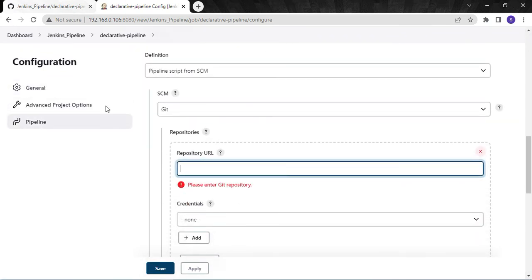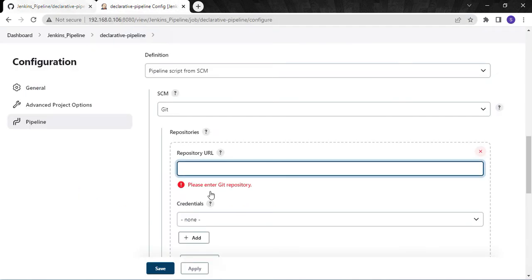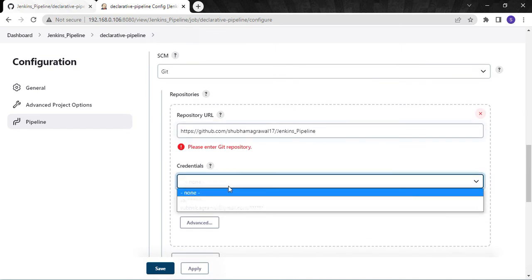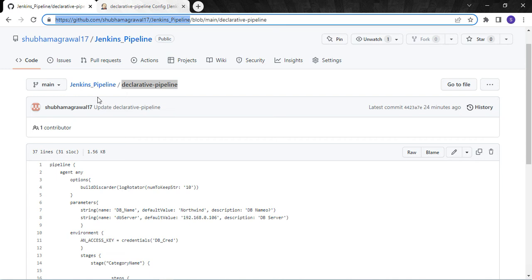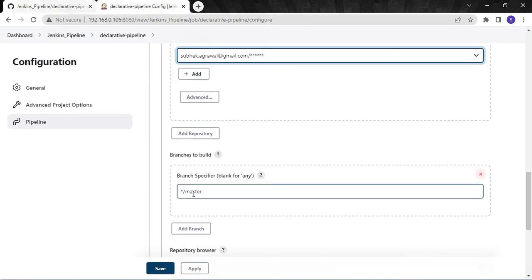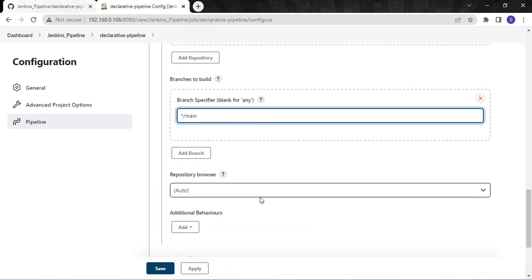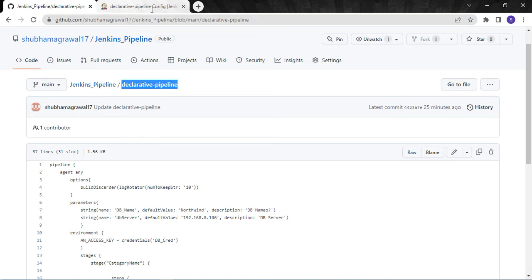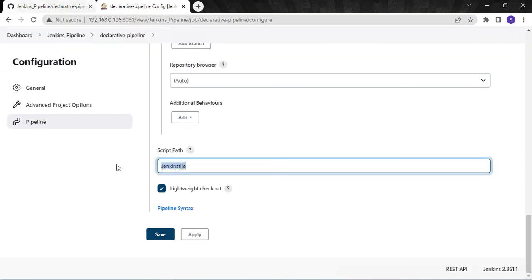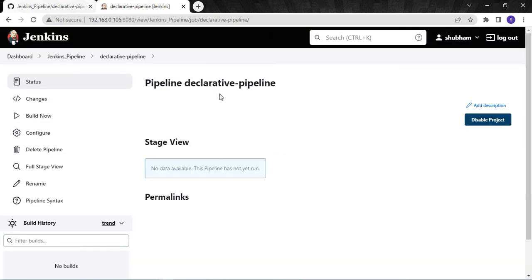I'll add this GitHub URL here. I'll just copy the path URL. For credentials, I will use my GitHub credential. For branch, I have the main branch. Next is the script path, where the file name is declarative pipeline. Then apply and save. When you execute this declarative pipeline the first time, it will fail because